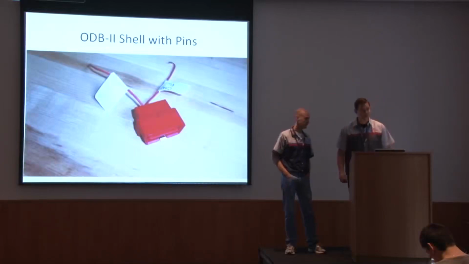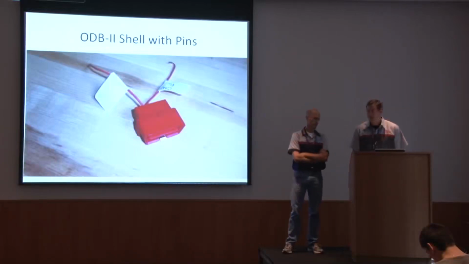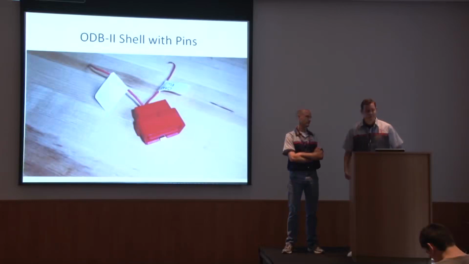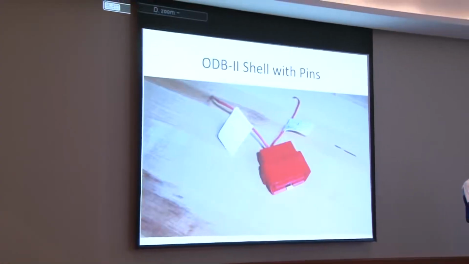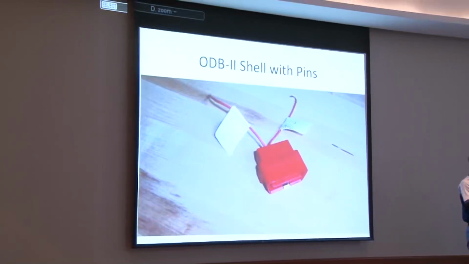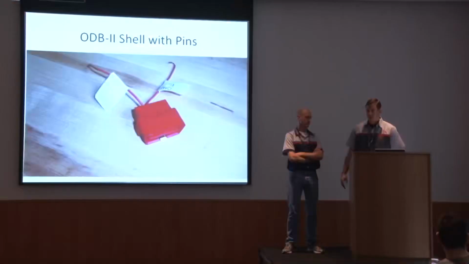If you're going to do this research, buy a lot of these. They're like 20 cents US. Basically, it's a shell that is blank for ODB2, and you can put metal pins where the pins are in your car. The standard pins are 6 and 14, but Charlie had pins for the Ford that were different, so he could create his own kind of device instead of hacking up a whole big cable.